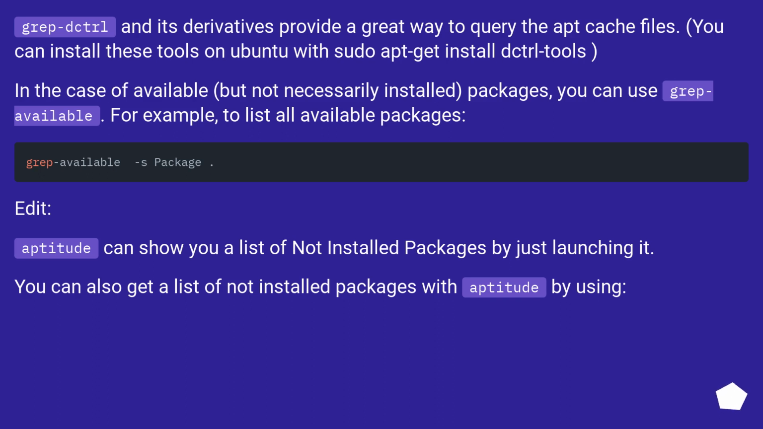Edit. Aptitude can show you a list of not installed packages by just launching it. You can also get a list of not installed packages with Aptitude by using